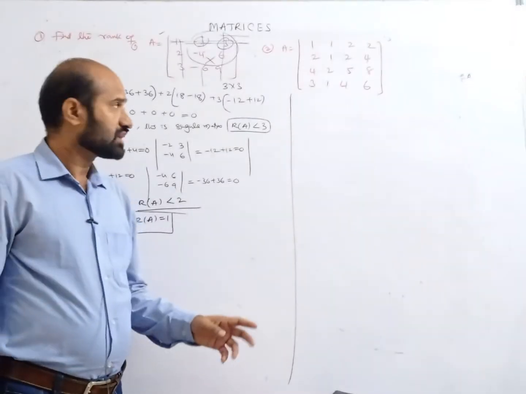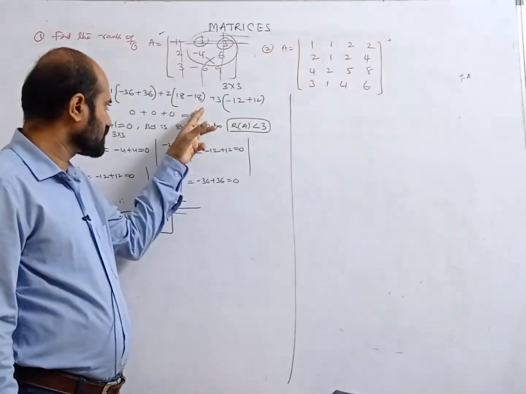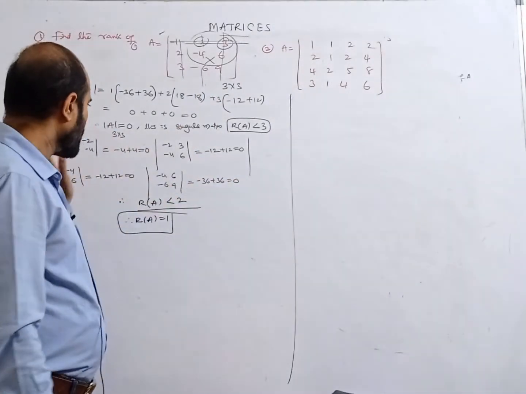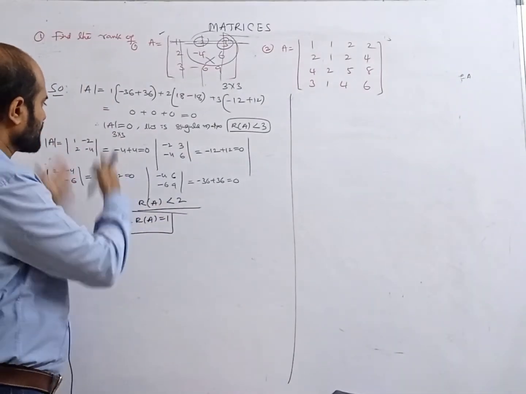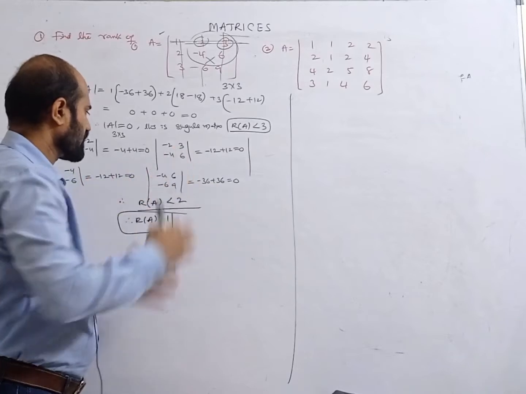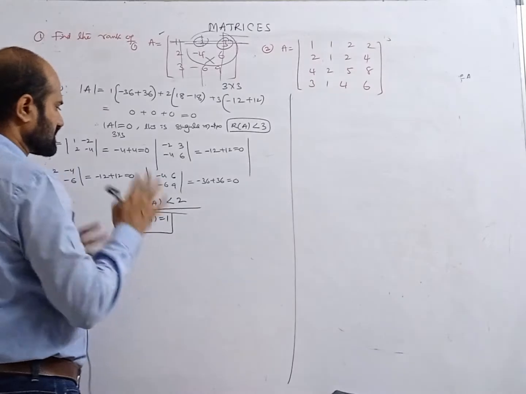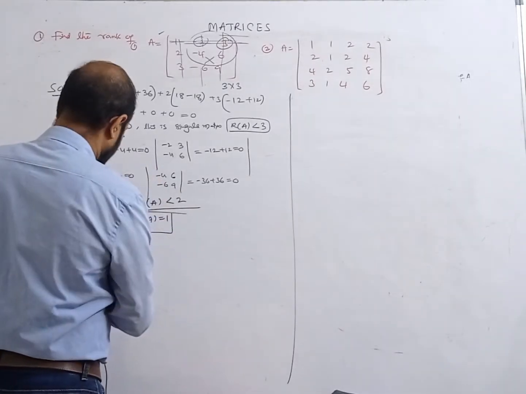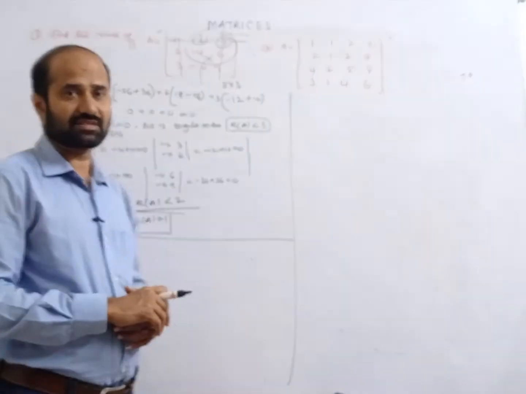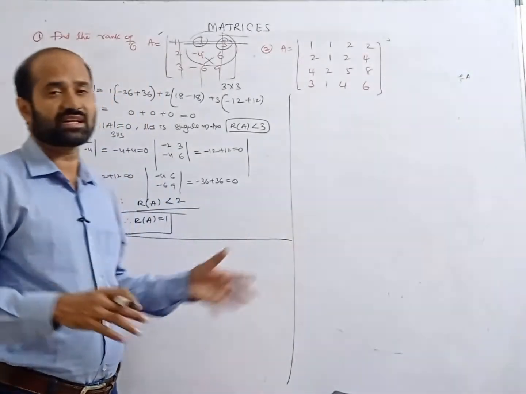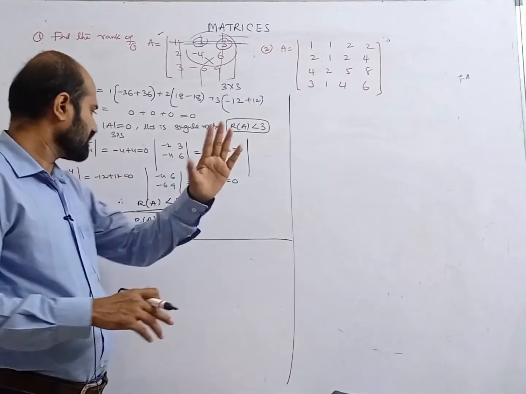So clear now? See, if determinant A is not equal to 0, then the rank is 3. But it is equal to 0, so the rank is less than 3. And I took all possible square submatrices and found the determinants of all of them, that is, all the minors. These are all 0 minors, therefore the rank is less than 2, so it is equal to 1. If it is a 3 by 3 matrix, we can find the rank in this way, right? If it is a 3 by 3 matrix, simply we can find the determinant and say the rank.